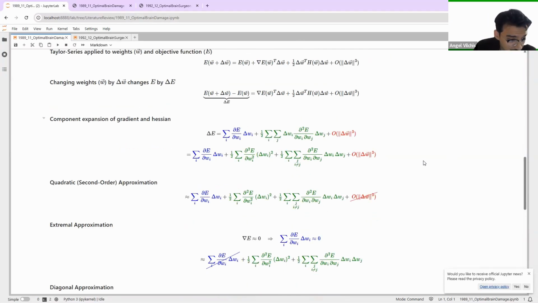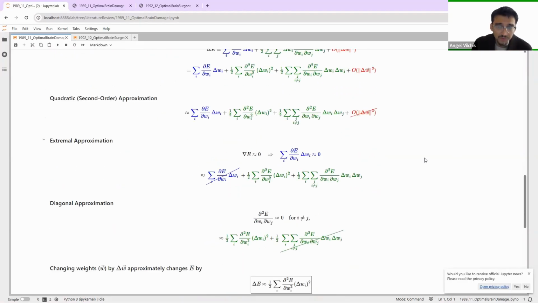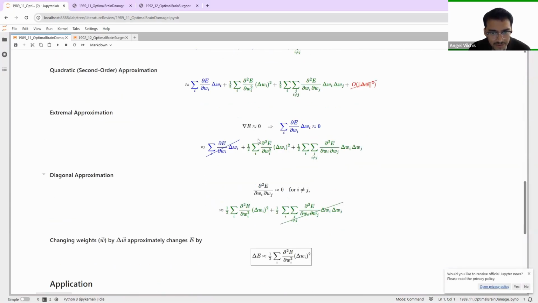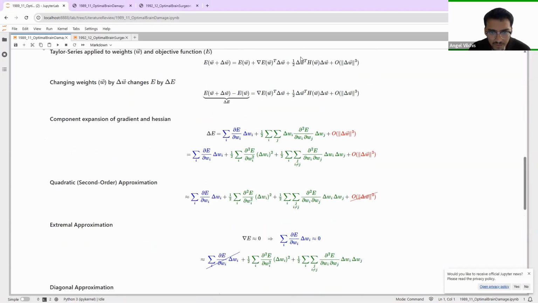Okay, now the extremal approximation. We assume we already trained the model, and because of that, the model has converged. And because it converged, the gradient of the objective function is 0, right? If it wasn't 0, then we could still train to move it towards 0. So we assume it's somewhere close to 0. Because of that, we completely remove this term, because this is the gradient of the objective function. Okay, so now we have just the middle term here expanded,